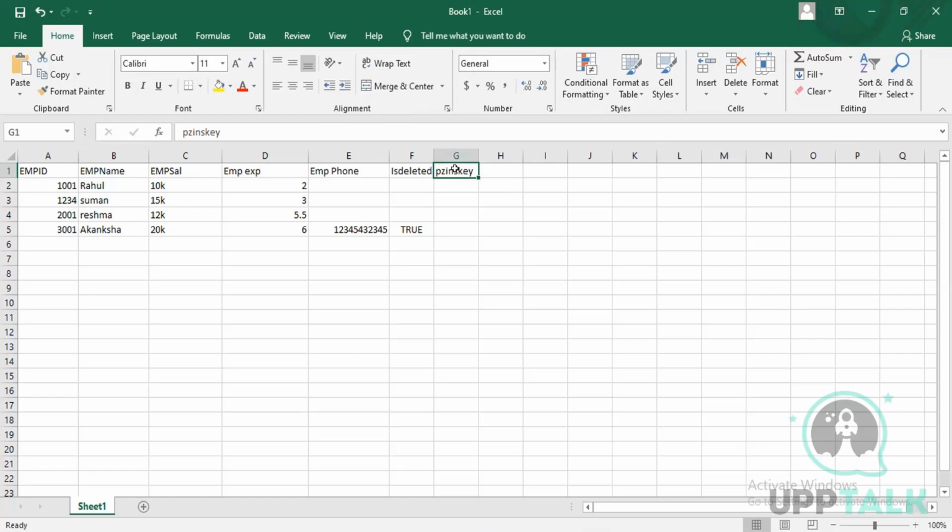But what is PJ dynasty? PJ dynasty is a unique column that is present in a table. It will be used for Pega internal processing. PJ dynasty will have data, and the data will be something like this, a combination like this one and space this one. All together it will have a combination. PJ dynasty is a column in a table which will be used by Pega internal processing,